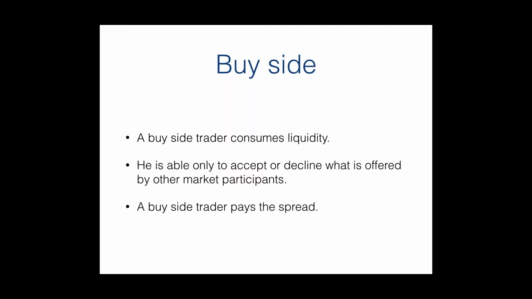In other words, a limit order will be executed only after all orders preceding it in the queue have been executed. In an ECN, you can send a limit order, but it won't be seen by other price takers. And in case of OTC trading or trading with the market maker, it's obvious that no information about your limit orders will be available to other market participants. Thus, a buy-side trader is unable to post his own bids and offers and always pays the spread.